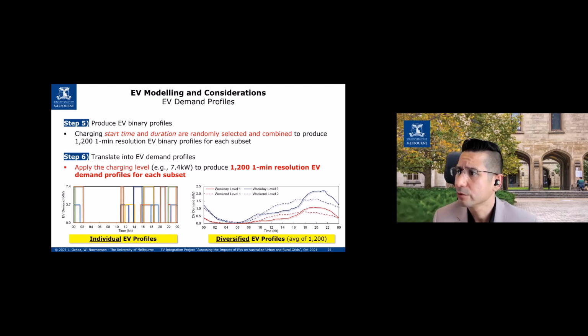Then we're moving to the basis for the 20% level 1 charging installations. The basis is the trends, and there are references in the report as well, so I encourage you to go to that report. Most people will eventually adopt level 2 chargers. That's the trend internationally. Why? Because it's more power, and you don't want to wait so many hours for your electric vehicle to charge. So everyone who can adopt the level 2 charger, the 7.4 kilowatts, will go for that. That is what is going to happen.